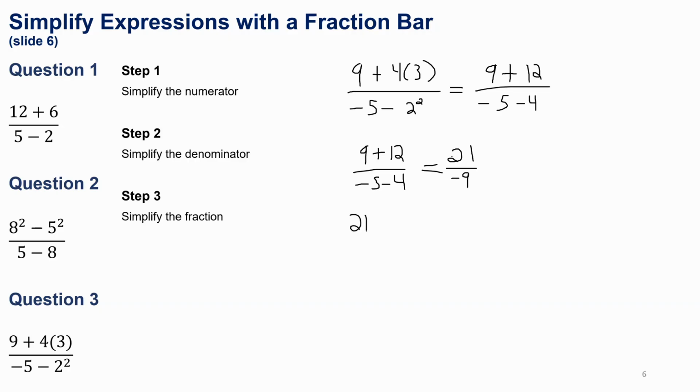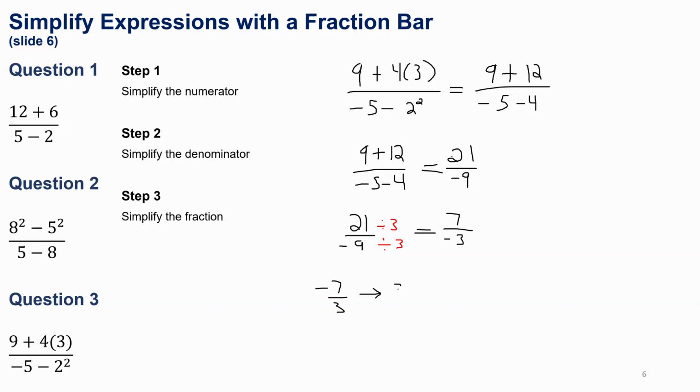So now at this point, 9 does not go into negative 21 or positive 21, but what does go into both is 3. So you can actually divide both the top and the bottom parts of this fraction by 3. So divide by 3, divide by 3, and the equivalent fraction form that you get here is 21 divided by 3 is 7. Negative 9 divided by 3 is negative 3 here. So you have 7 divided by negative 3, so you could just rewrite this as negative 7 over 3 now,